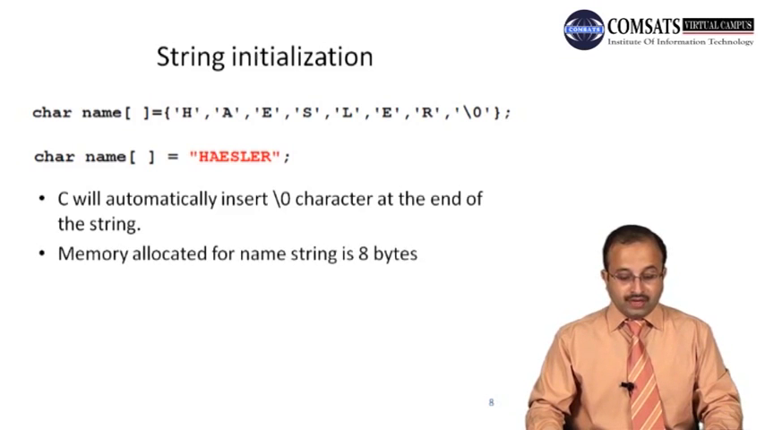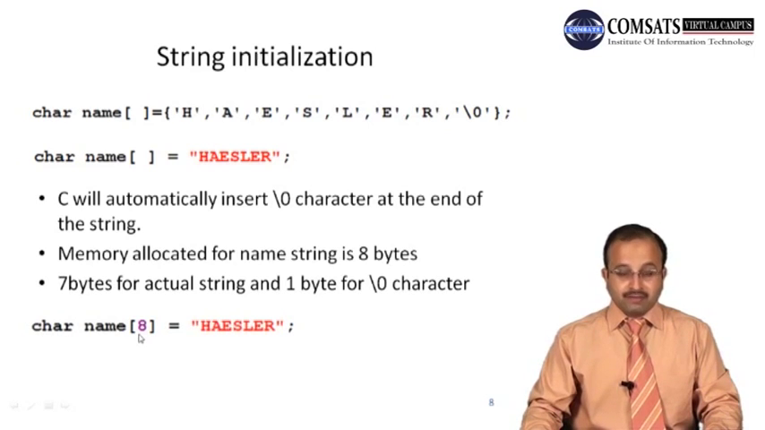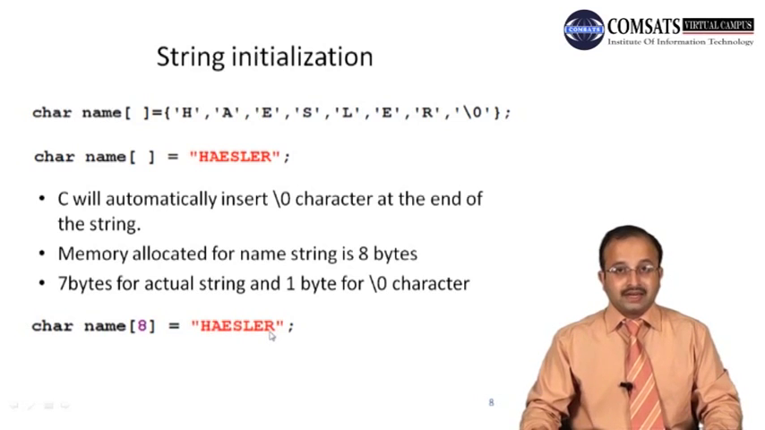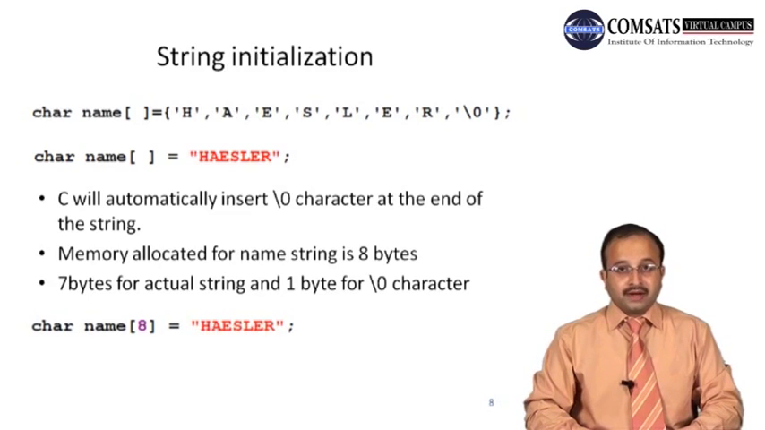So memory allocated for the name string is 8 bytes. And what if you want to specify the size? 7 bytes for the actual string and 1 byte for the null character. So if you want to specify the size over here, will you write 7? No, you have to write 8. This size must be the number of characters plus 1, and the plus 1 is for the null character, which is the part of the string, right? But it is not a string character, it is the character that tells where the string terminates. So we can say that null is actually not the part of the string, but we have to allocate memory